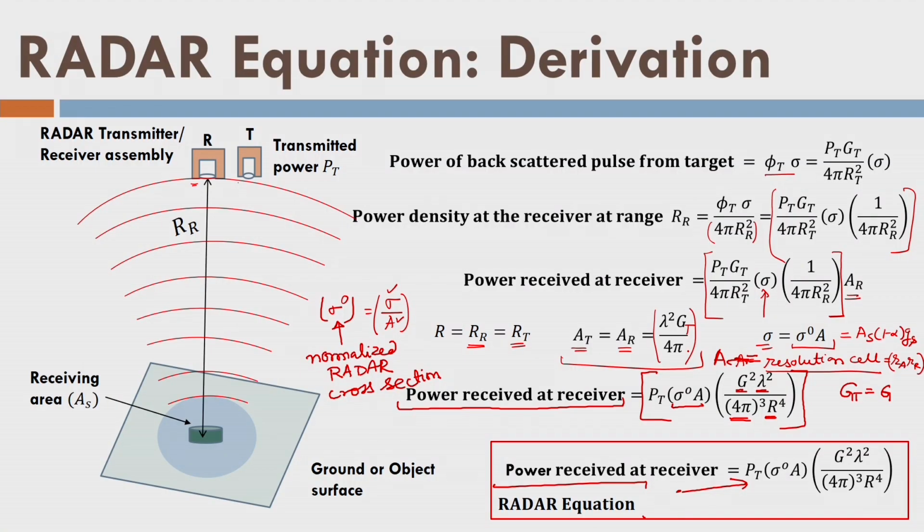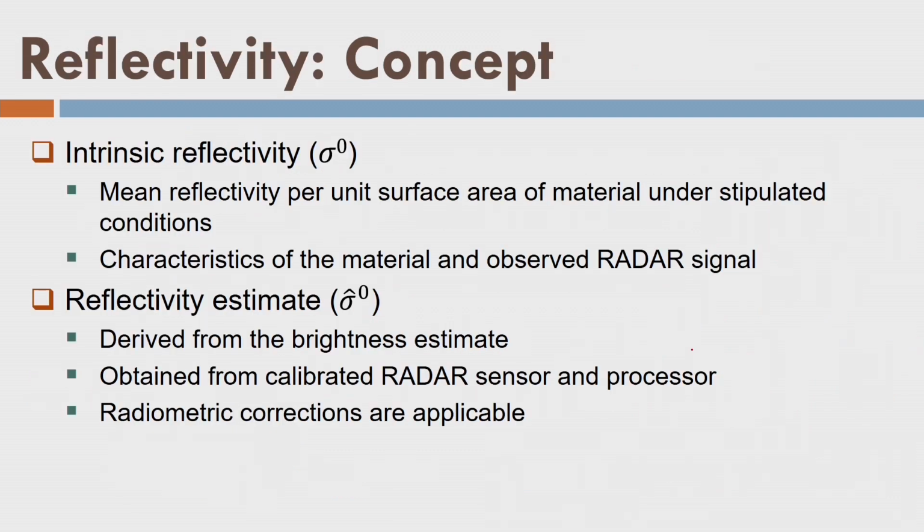We have realized one thing here, that we have defined 1 minus alpha into sigma. Then we have defined sigma here, and we say that it is equal to sigma naught into A. And what was sigma naught? We say that it is the normalized radar cross section, because it was equal to AS into 1 minus alpha into GS. And this factor 1 minus alpha is nothing but reflectivity. So, reflectivity is affecting the backscatter from the surface.